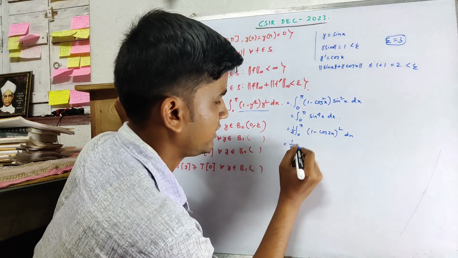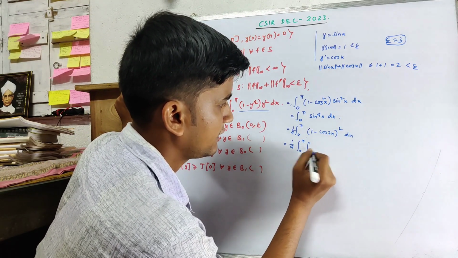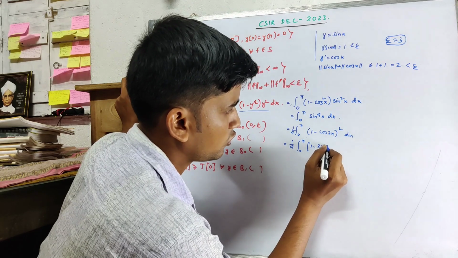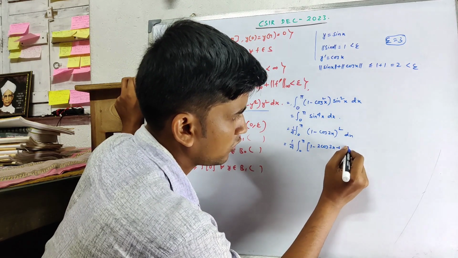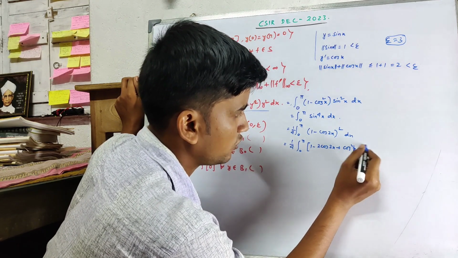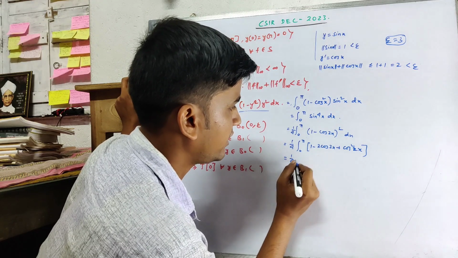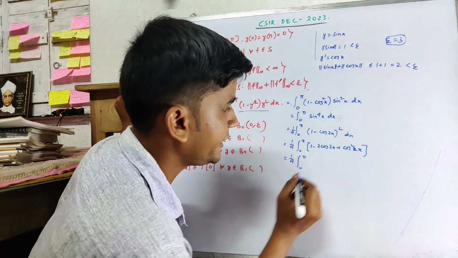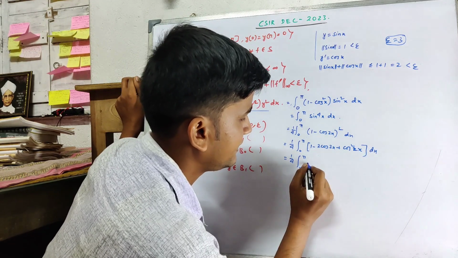So this is equal to 1 by 4 integration 0 to pi of 1 minus 2 cos 2x plus cos square 2x. Okay, fine. So this is equal to 1 by 4 integration 0 to pi, simple, this is dx